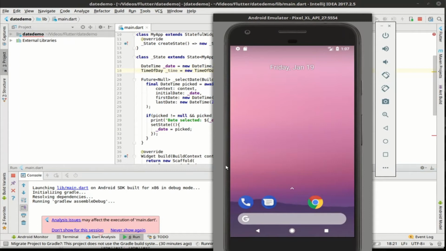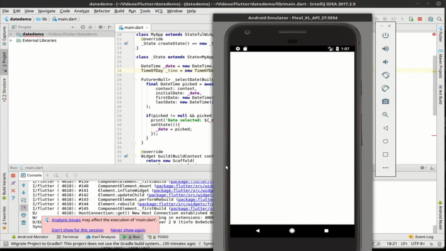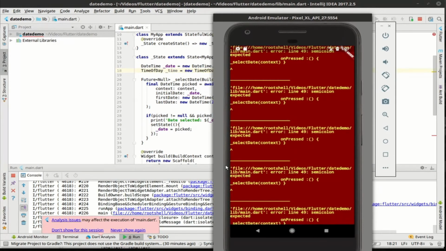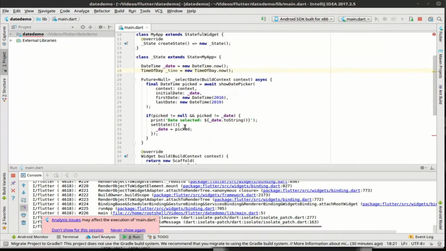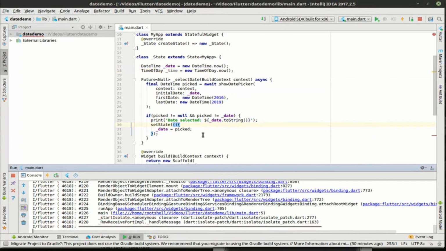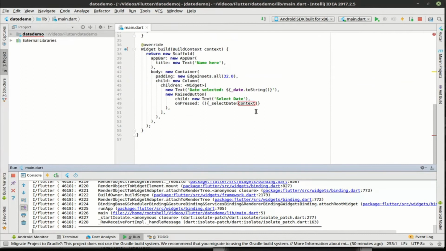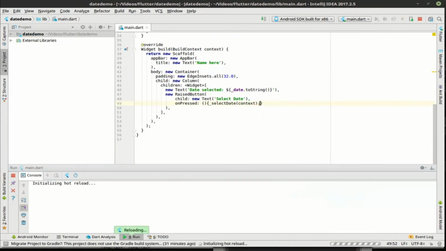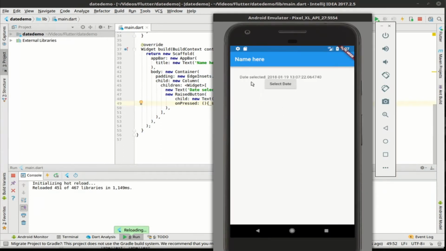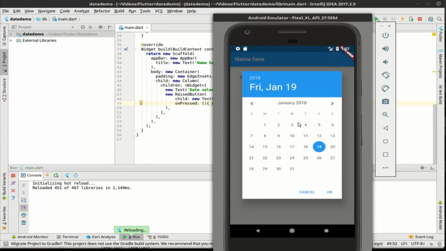All right, give it a second to build. Oh, what have we here? Semicolon expected on press. What did I screw up? I think that's a pretty self-explanatory error. There we go. So there is our selected date, and if we hit select date, bang, there is the date